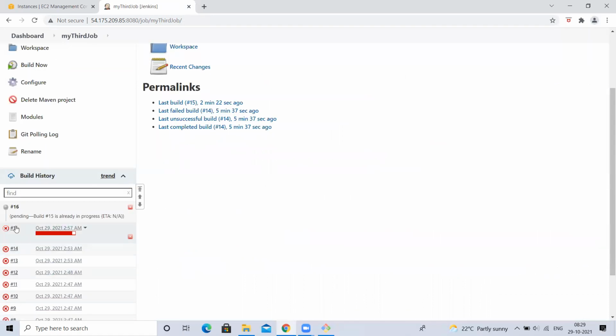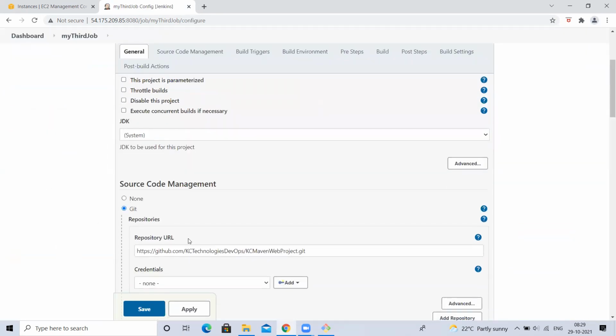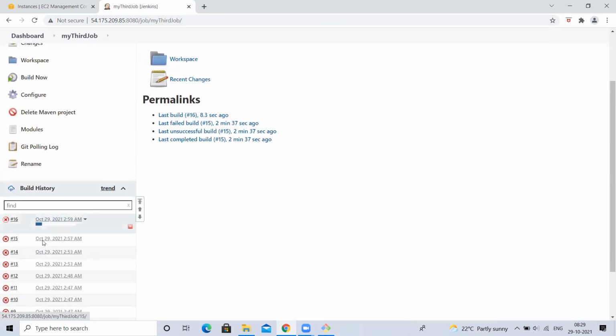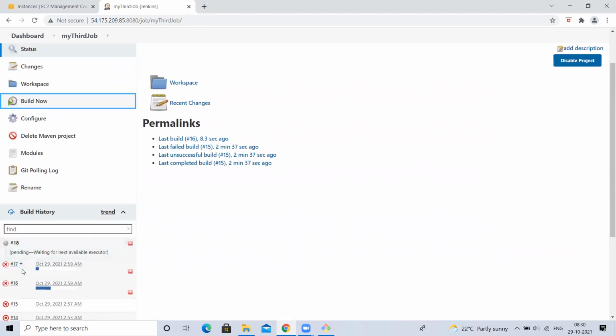Now see this, when 15th completes, then only 16th comes into execution. I don't want to do it like that. I want to allow concurrent access, meaning parallel access. If I click on build now, that can allow. See, 15th completed, then 16th came into the picture, right? Now, if I click build now two times, 16, 17, 18. Now you observe here. Did I save the change? Okay. Now 2 builds are executing parallelly.